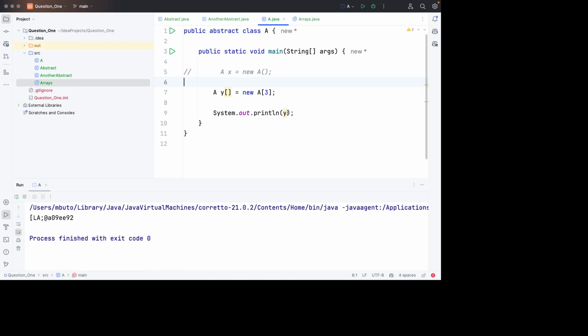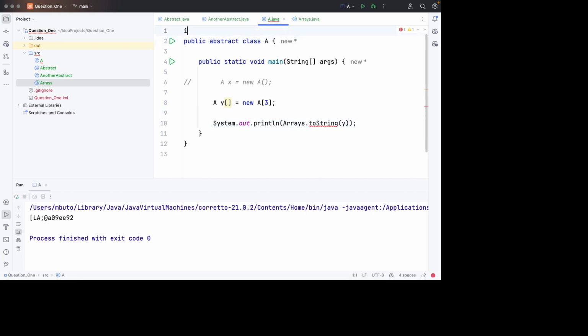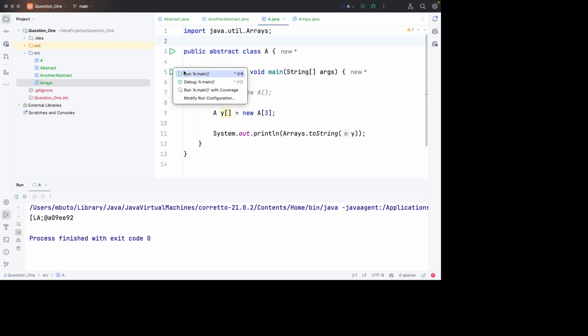And what if we use Arrays.toString? Import java.util.Arrays. So if we run this,